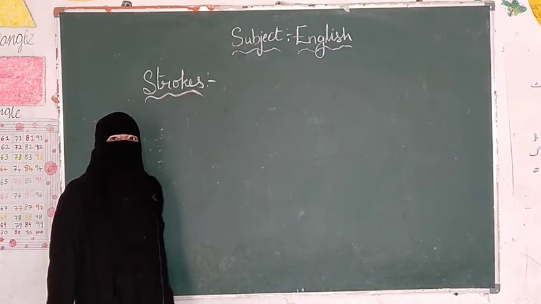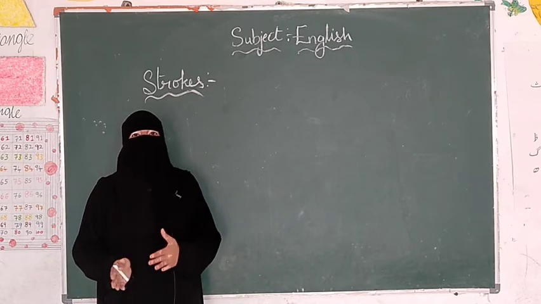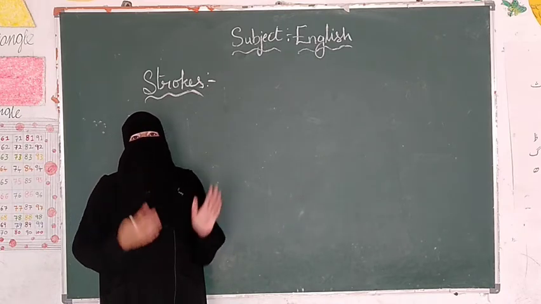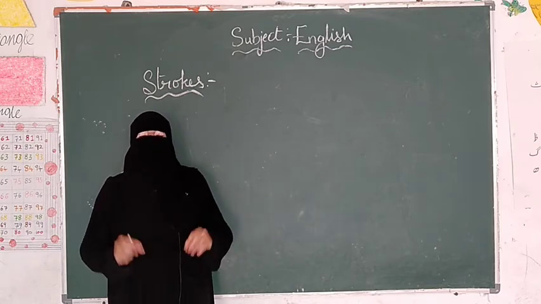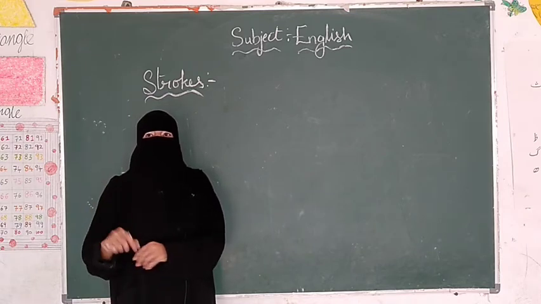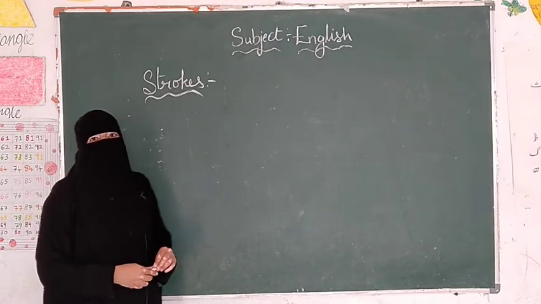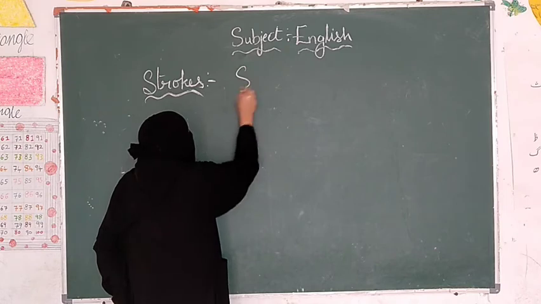What is meant by stroke? Stroke is vertical, horizontal, curvilinear lines which will be drawn by your hands. It is nothing but the action of your hands, your arms, wrist and fingers. So let us start the first line. That is standing line.